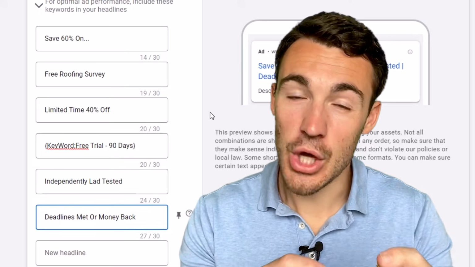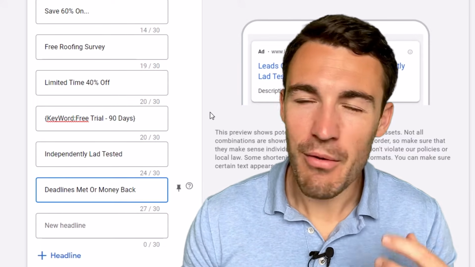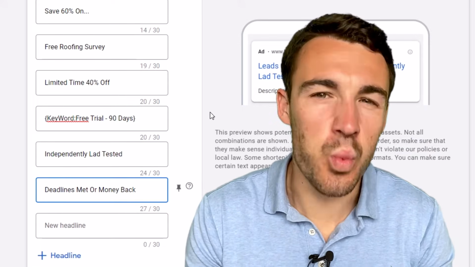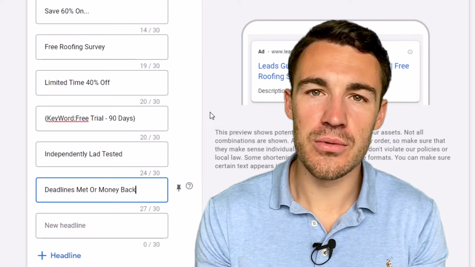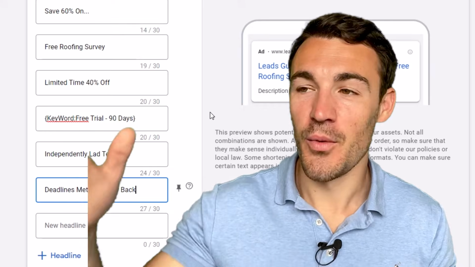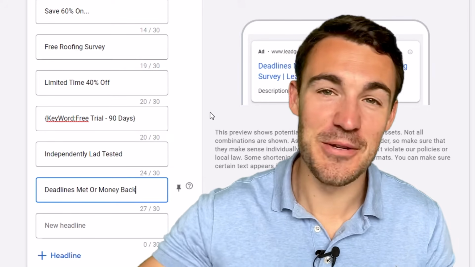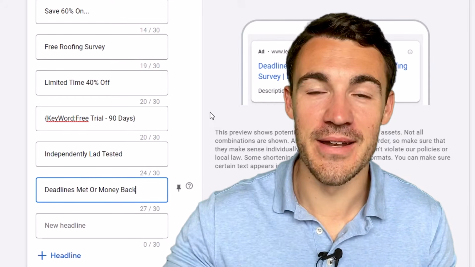Next is something you want to avoid doing. There are lots of words that are just wasted in headlines nowadays. Things that have been so overused that they just don't mean anything. When someone searches, they see an ad with those words pop up, they just gloss straight over it and completely